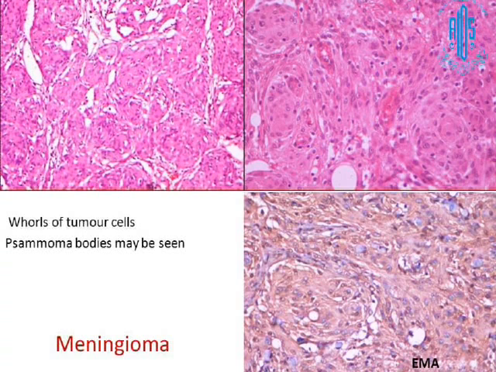These are meningiomas, this is the low power picture. These are meningothelial cells. Histologically, they are again of different types: meningotheliomatous, psammomatous, or the fibroblastic types. So on high power, you can see that this is a meningotheliomatous picture. The tumor is present in whorls. These are meningothelial cells arranged in whorls, and these are the blood vessels. And these are positive for epithelial membrane antigen and vimentin.